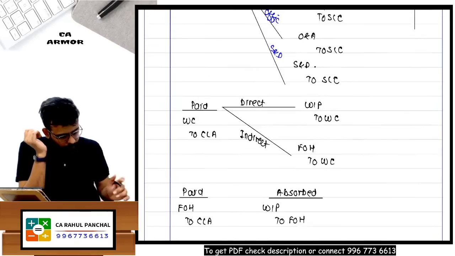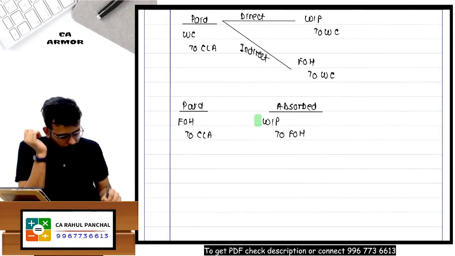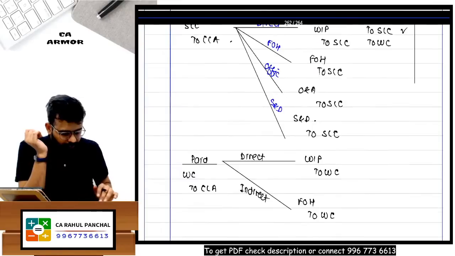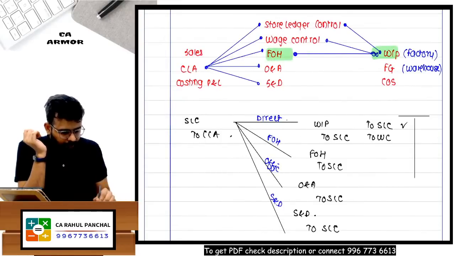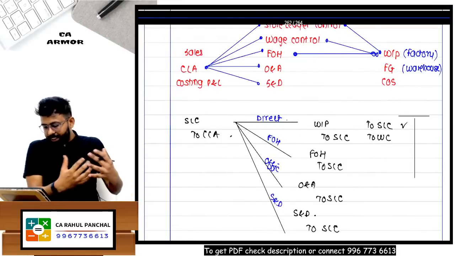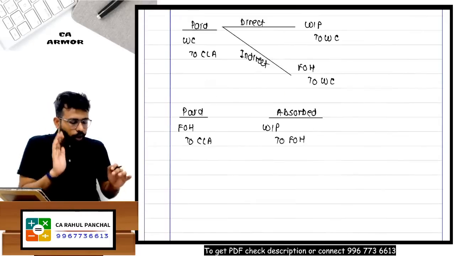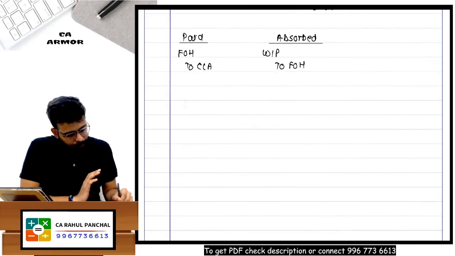The factory overhead account will be debited, so the WIP account will be debited and factory overhead will be credited. So WIP is on the debit side and FOH is on the credit side. Understandable. Now, sir, if you talk about office overheads, again they are paid and absorbed,